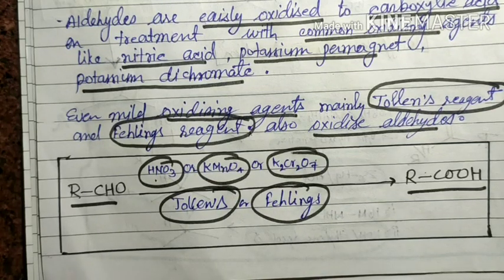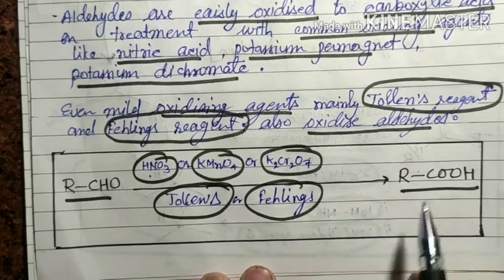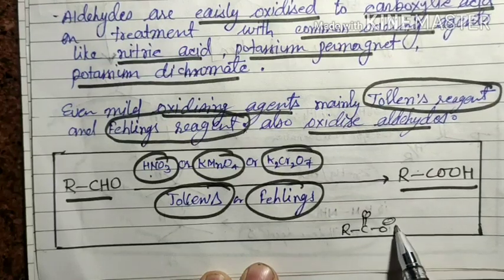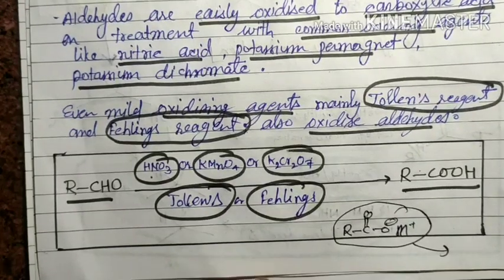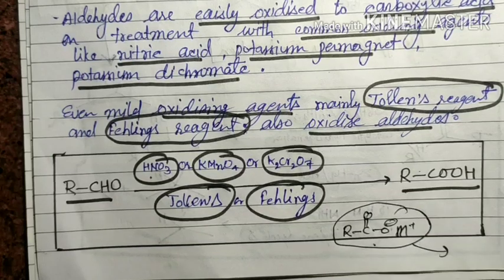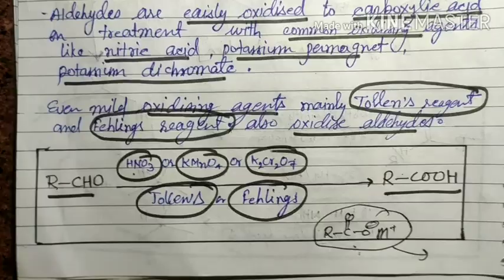But one thing I want to explain: it is not directly converted into the acid. At the last step it gives the corresponding salt of the acid, where the corresponding metal is present, and after acidification it converts into the acid. So if a salt of carboxylic acid is formed, we say that carboxylic acid is formed, because it is just the protonation during the workup process. So in the next reactions, formation of the salt of carboxylic acid means carboxylic acid is formed.